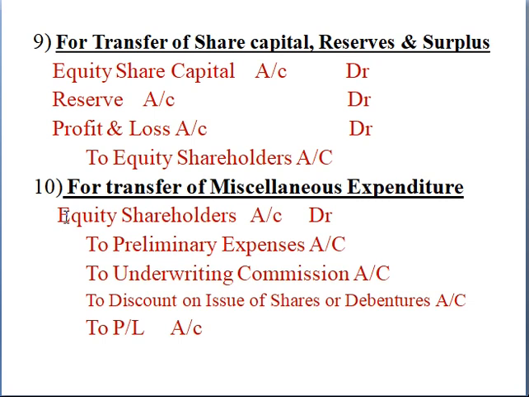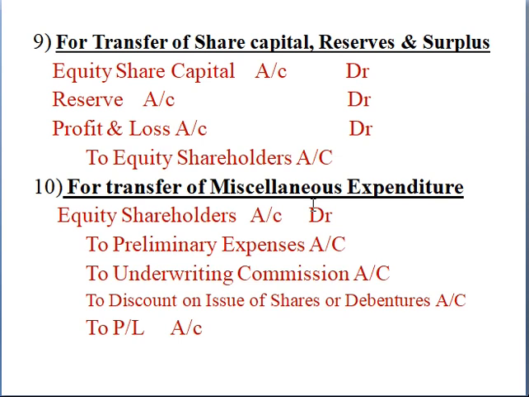Then the next one is for transfer of miscellaneous expenditure. See how the profits are shared with the equity shareholders. In the same way some losses will be there, and those losses are also to be shared by the equity shareholders. So on the asset side we could see a few items, like miscellaneous expenditures, that is a loss of the business, right? So on your asset side the profit and loss account will be given, that loss is to be shared by the equity shareholders.